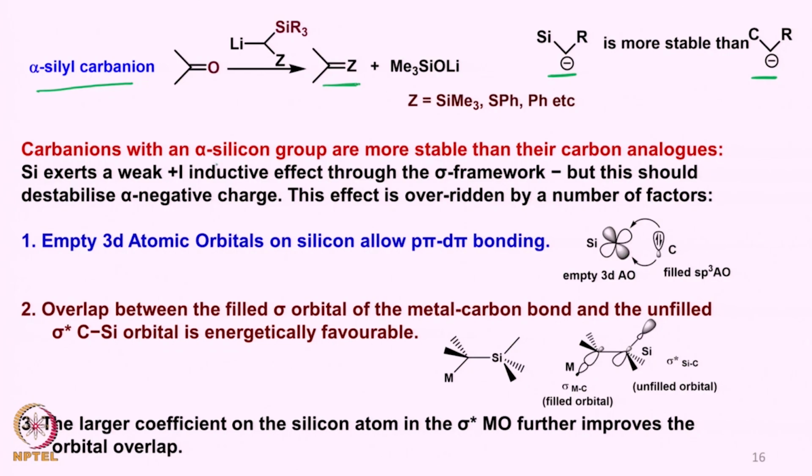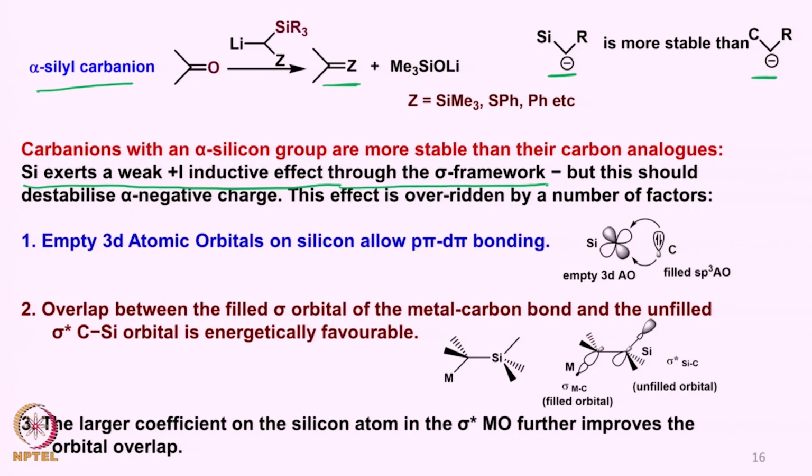Carbanions with an alpha silicon group are more stable than the carbon analogues. Silicon exerts a weak positive inductive effect through the sigma framework. So, if it induces electron density, then one would expect that it should be destabilizing